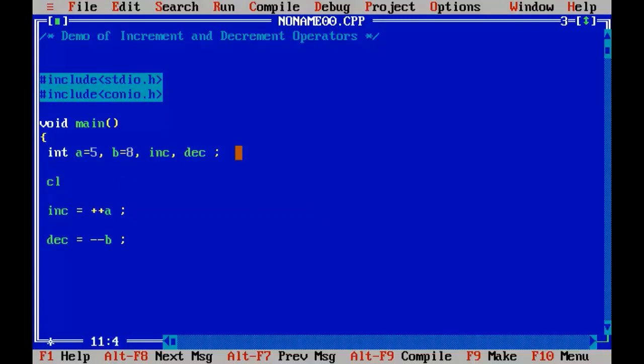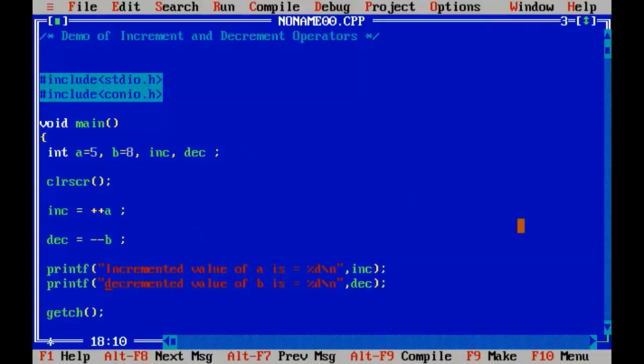First let me add a clear screen call here. So look at here guys, in the first printf statement I have told like incremented value of A is %d, that is INC, and decremented value of B is %d, that is DEC. So let's find out what will be the output.